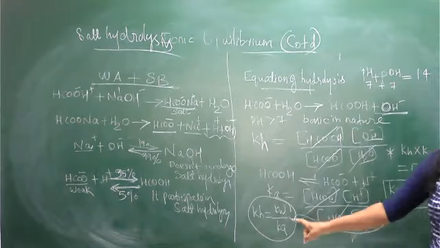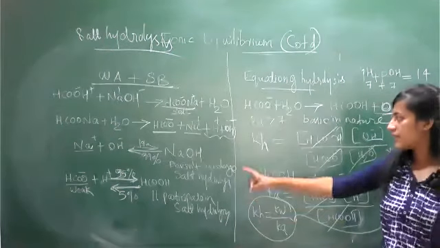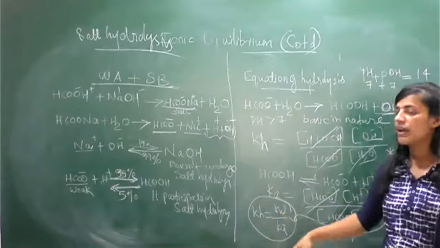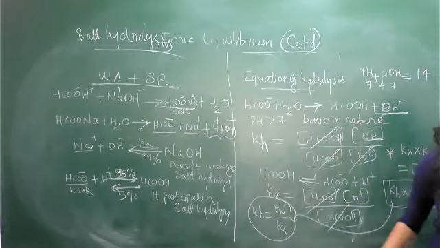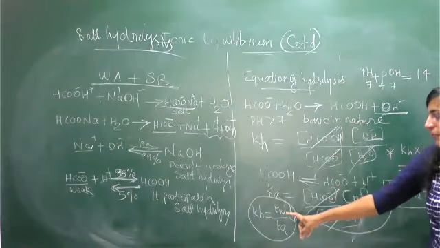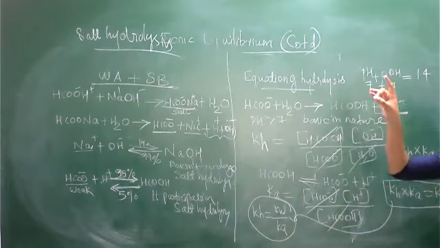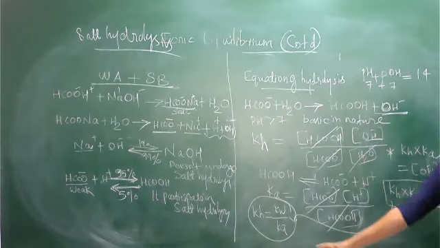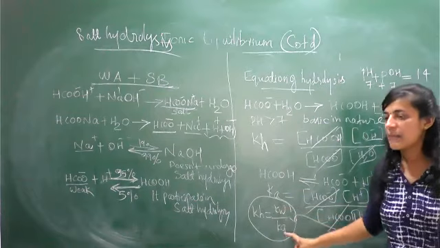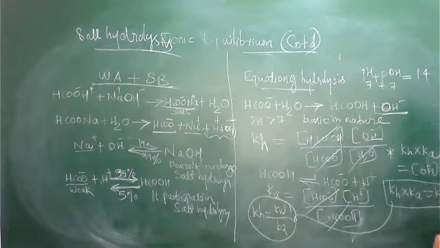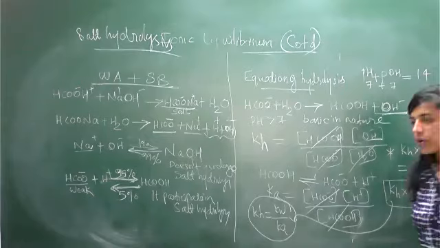After that, you will get a new relation for the salt hydrolysis constant. This is our intention. Ka, Kw, everything we know from our previous section. This is our new thing. So what about the relation between KH, Kw and Ka? KH is equal to Kw divided by Ka. This is a very, very important result. A lot of questions you can solve with the help of this. Now clear, Sanjana?